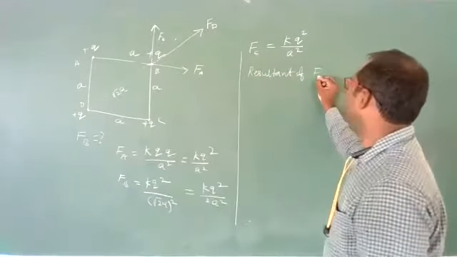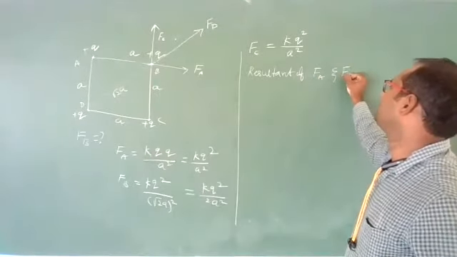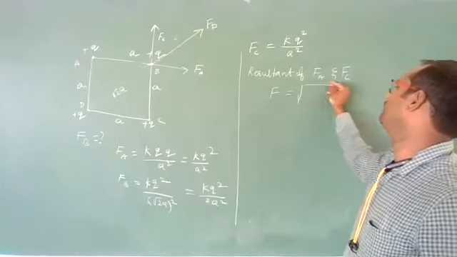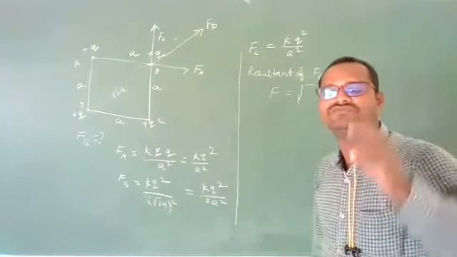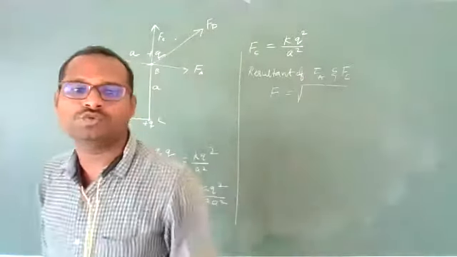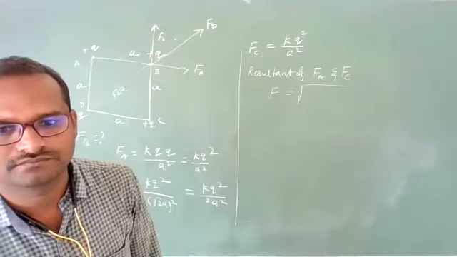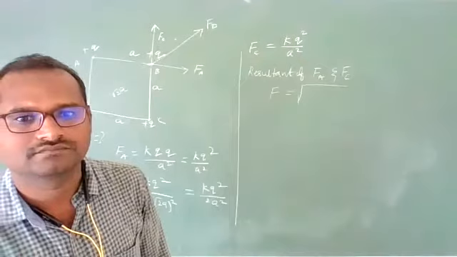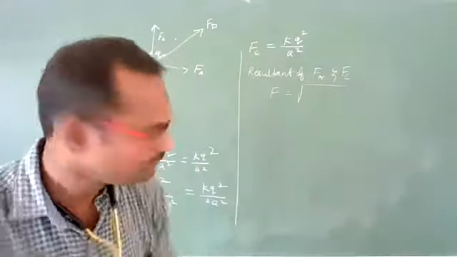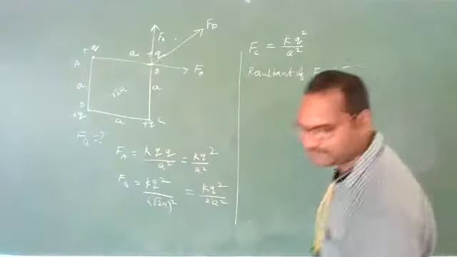the force due to the charge at A and the force due to the charge at C. I am taking that value as F. When two equal forces are making a 90 degrees angle between them, then their resultant is root 2 F. Do you know? In vectors, we have studied. Okay? Shall I write directly, or shall I make you understand?